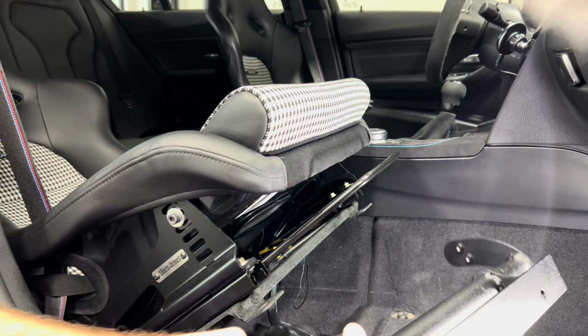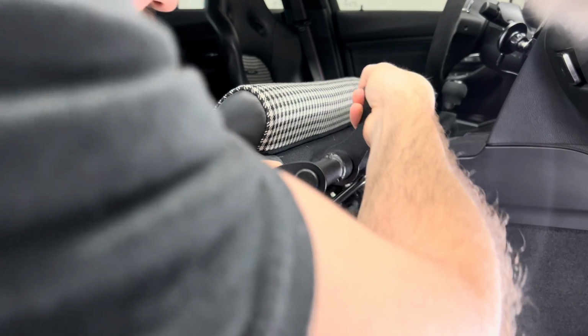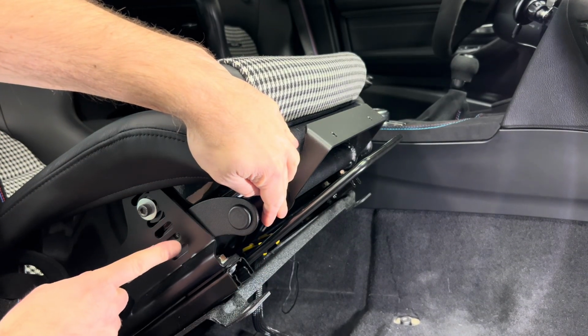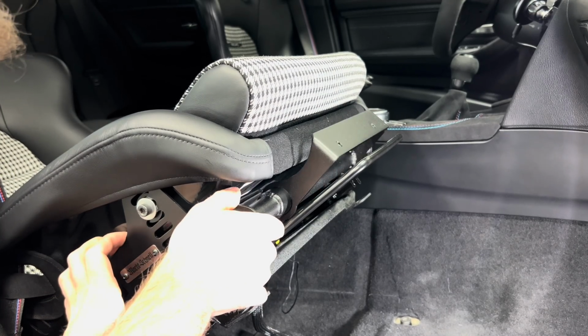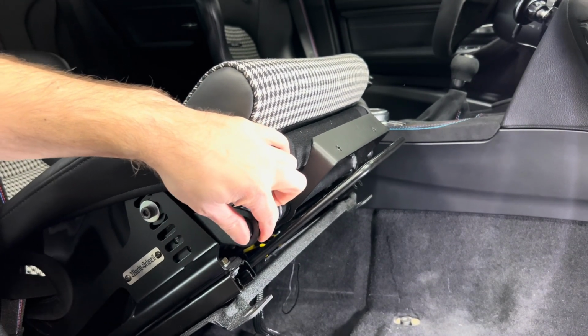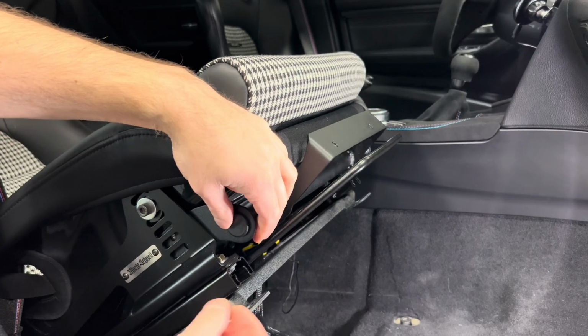And what we want to do now is basically just slide it into place of where it needs to be. Kind of line up the holes down here, which is what we're going to be using to mount it. And we want it as tucked up as possible. But let me first get into place. All right, so we got 2 of the screws over here in place, or 2 of the threaded holes. So we're going to take the provided hardware,